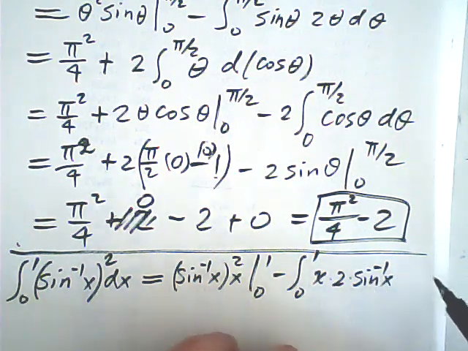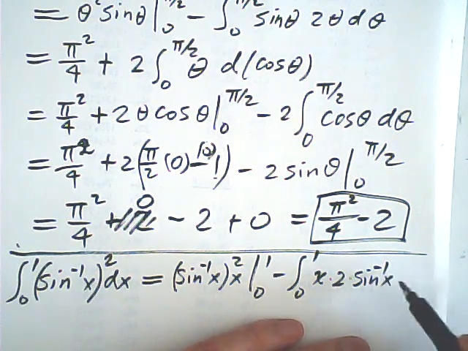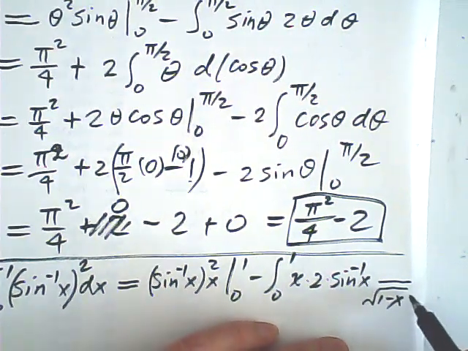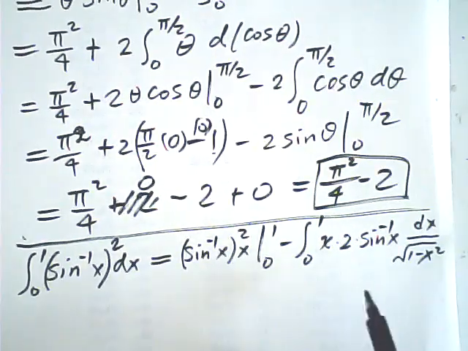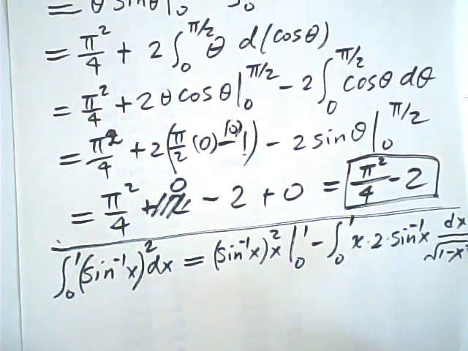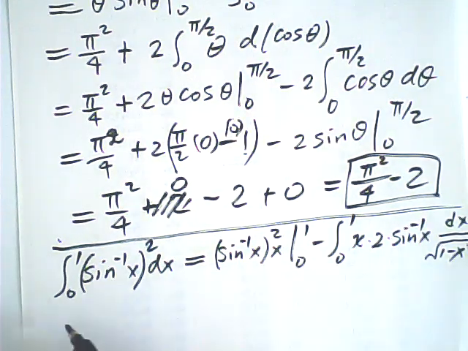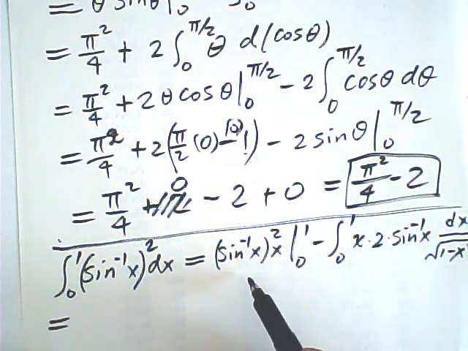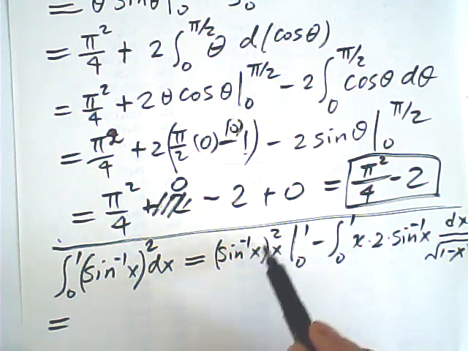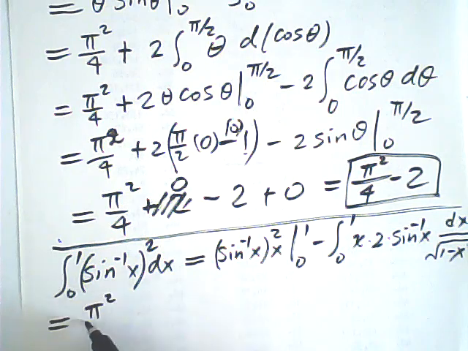Yeah, d arcsine is 1 over square root of 1 minus x squared dx. Yeah, good. I must be very careful because it's very easy to make minor errors. So this one is equal to half pi squared. Half pi squared is pi squared over 4